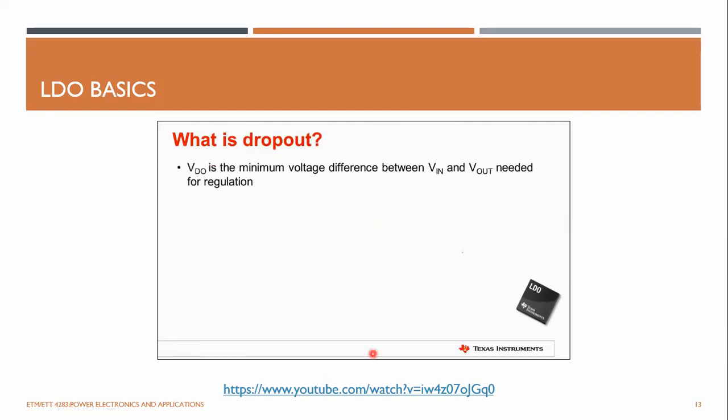Voltage dropout, usually represented as VDO, refers to the minimum voltage differential needed between the voltage input and the nominal voltage output to maintain regulation. Therefore, in order to maintain a desired output, we must ensure that the input voltage is at least the desired nominal output plus the minimum voltage dropout of the LDO, as can be seen in the first formula. Should the voltage input fall below this value, the LDO will enter dropout regulation and will not be able to